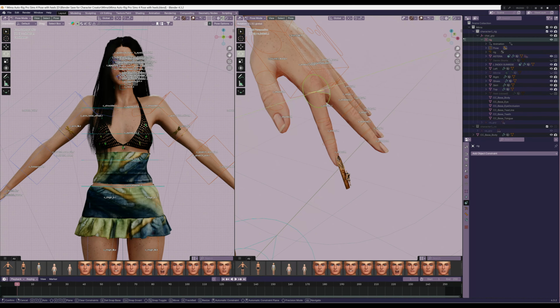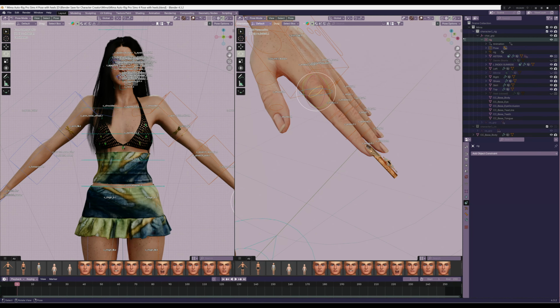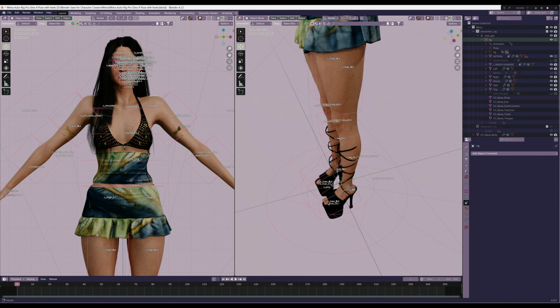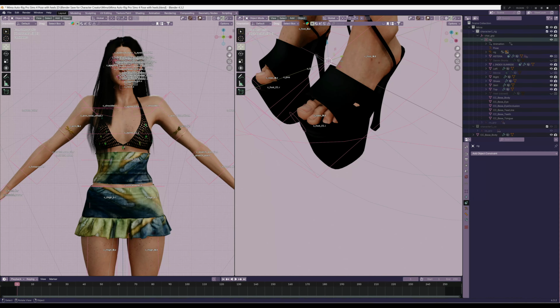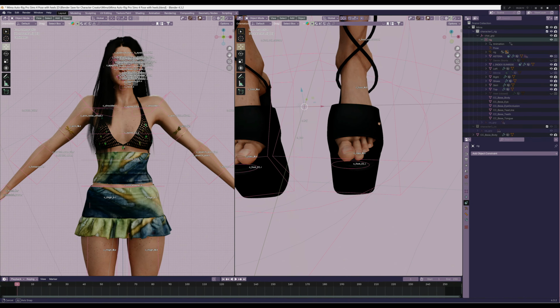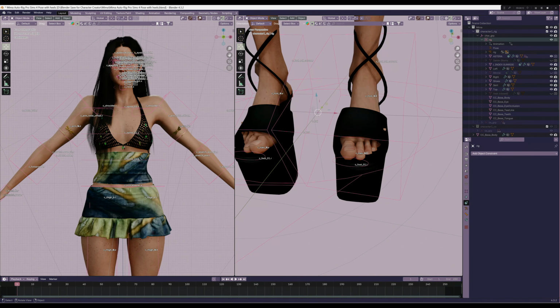And yeah, see? It moves with the finger. And so you would have to do that, unfortunately, for all the fingers. Same thing with the toes, I think, as well. Honestly, I'm not sure how the feet go, to be honest with you, because